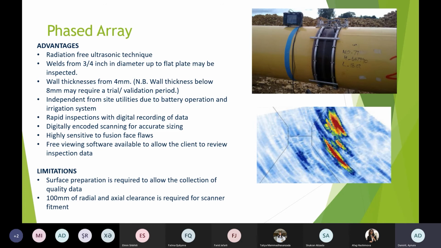Welds from quarter inch in diameter up to flat plate may be inspected. So one of the advantages of this equipment, of these tools, is that we can inspect even very small piping, less than 1 inch in diameter, which is a very useful practice. Regarding limitations, as I mentioned, we cannot apply this technique